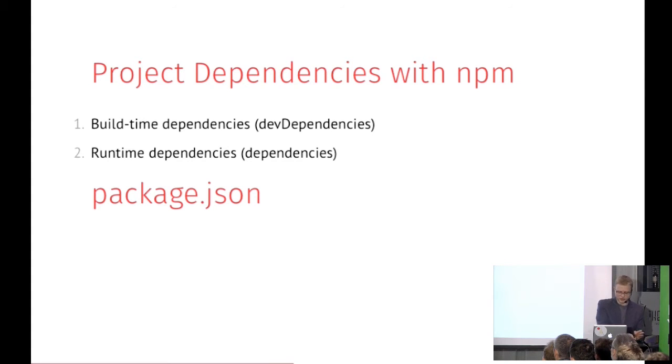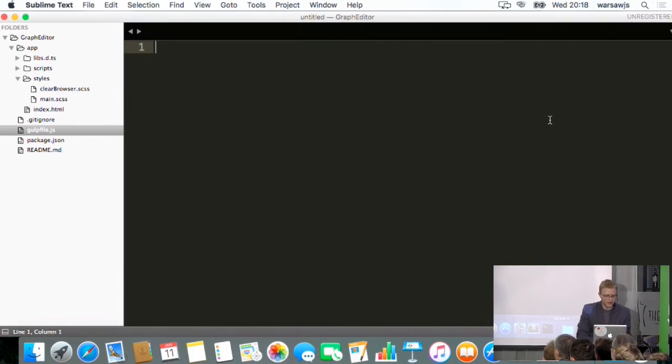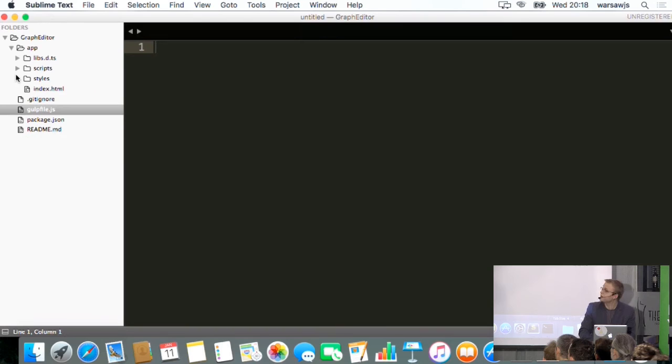So about the project, sorry, I have it here. Sorry for the font size in this part. I don't know how to enlarge those, but basically our project structure contains